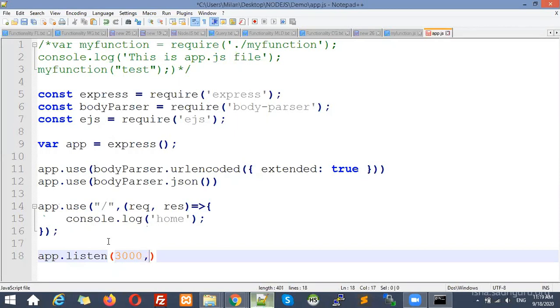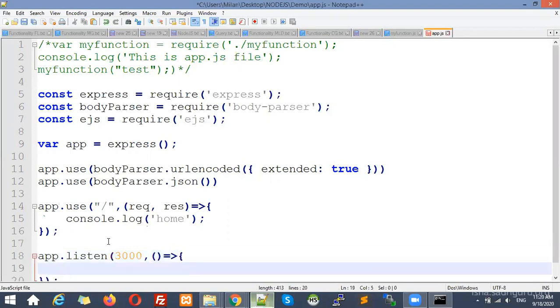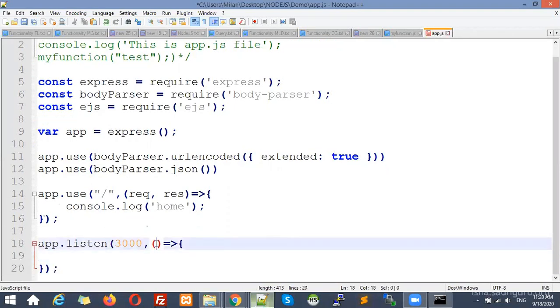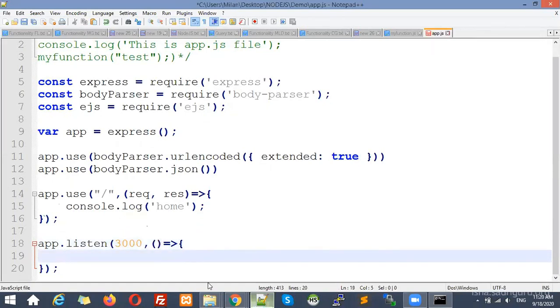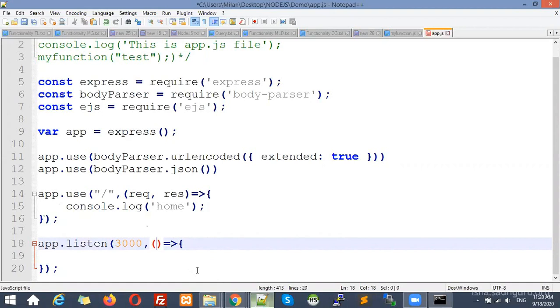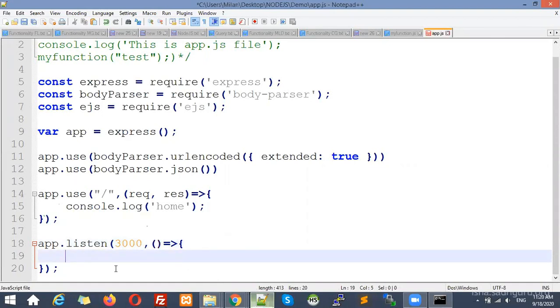So give a port number like 3000 or 4000 that is not used by any other application. You can just mention this one, that is okay. You can also mention extra parameters. For example, here I'm going to pass a function. Again I'm going to use the same structure, a function with no arguments. Here you can specify the message,